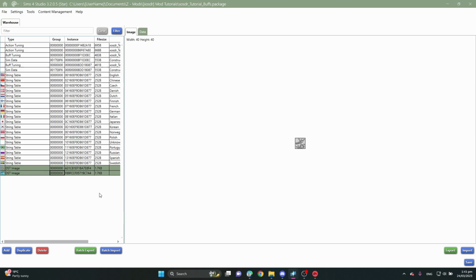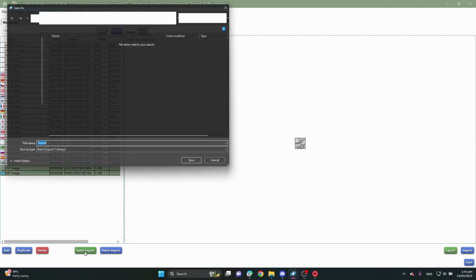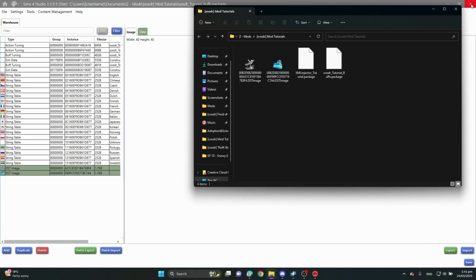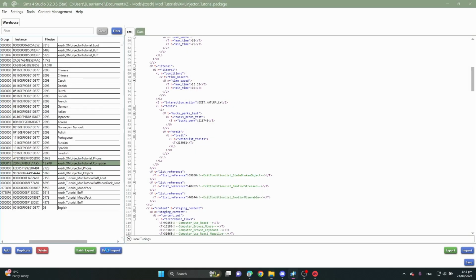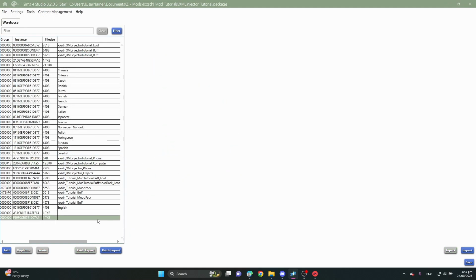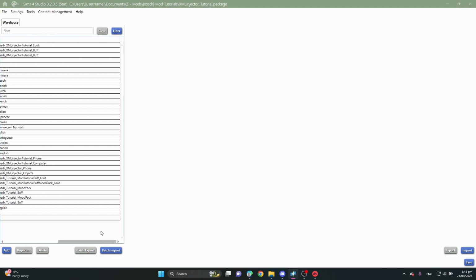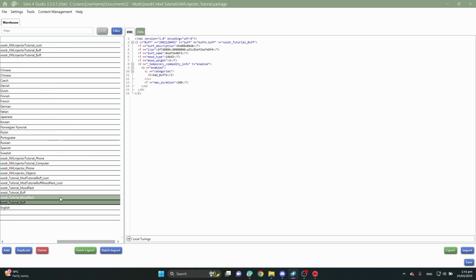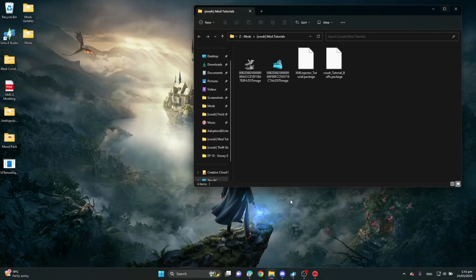We're gonna go back into the tutorial buffs, and we're gonna take the two images and say batch export, save. Now I'm just gonna go and close that one. We're gonna go back and say batch imports and add. So now we really make sure that the buffs also have the images that we added to the icons that are over there. I'm gonna say save, and I'm gonna add it to